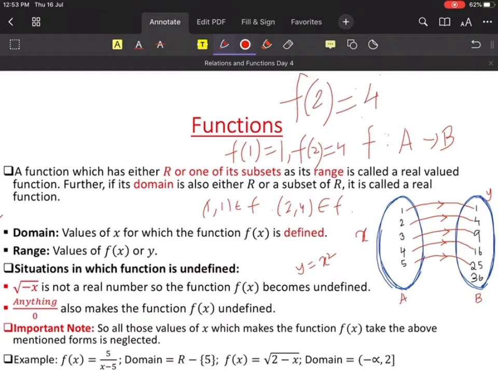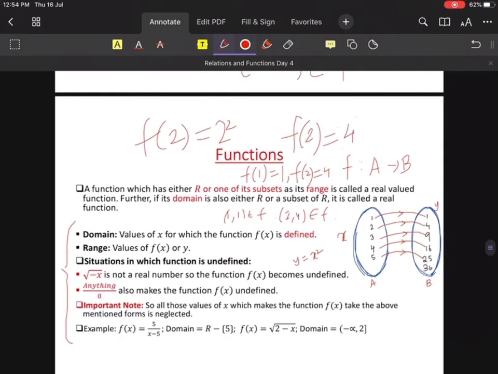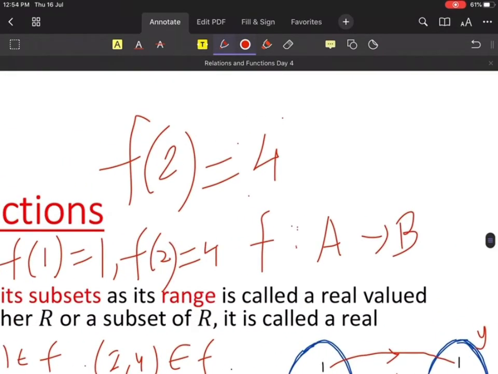I have written f of 2 is equal to 4. Can I write this one like this? f of 2 is equal to 2 square. Yes. So can I write f of 3 is equal to 3 square? Yes or no? Please tell me. Can I write f of 5 is equal to 5 square? Yes, sir. Combining all of them, I will write only one thing, that is f of x is equal to